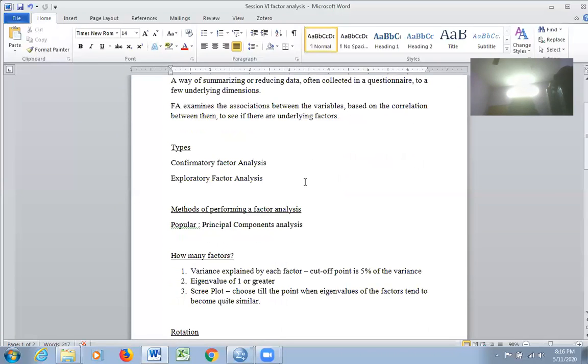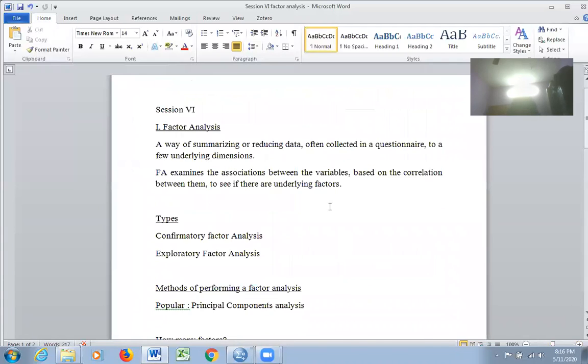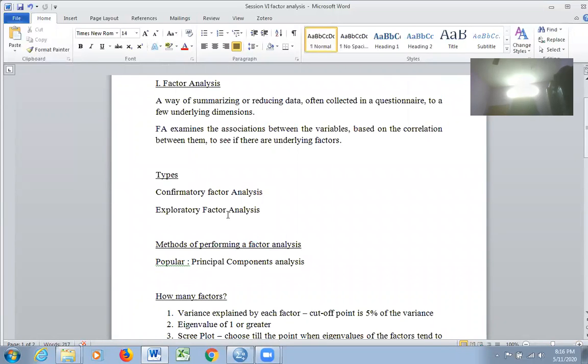Fine. And we have two different kinds of factor analysis. One is confirmatory, another is exploratory. Confirmatory in the sense, before you start conducting a factor analysis, you decide: so these are the factors. I am going to check whether the data I have collected have all these factors, the factors which I have already found from others' research work or some standards or predictions.